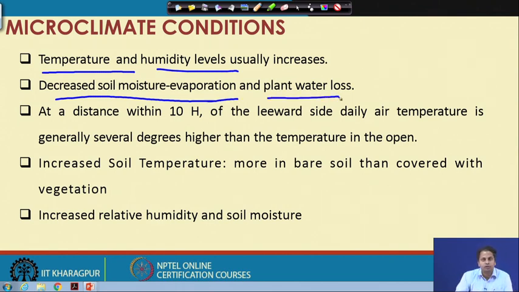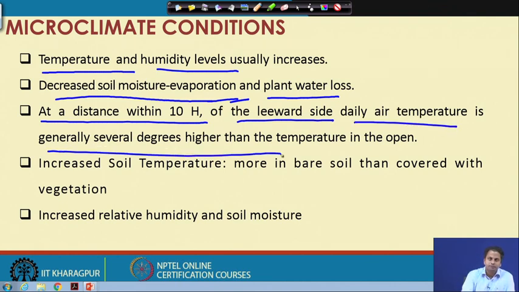So, evaporation will be reduced and there will be an increase in soil moisture. At a distance of 10 H from the shelter belt, that is on the leeward side, you can see daily air temperatures are warmer than in the open field condition. Also, there will be an increase in soil temperature.